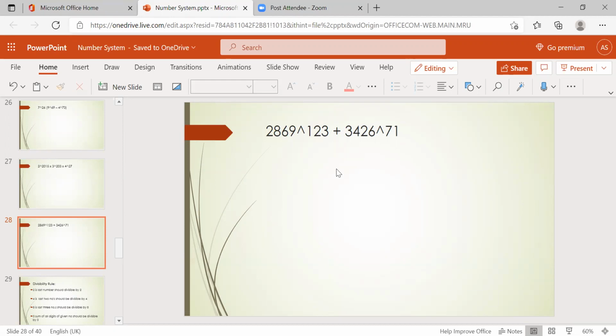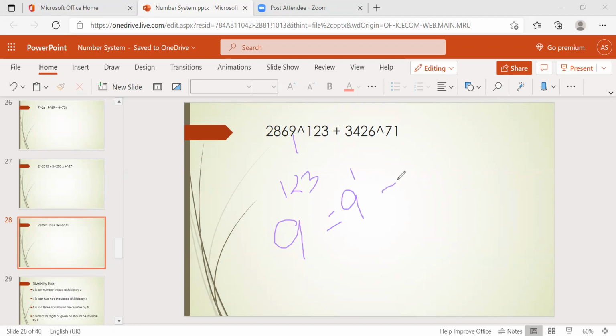Are you doing it or not? Right? Yes, super, nice. So like this, you have to do the calculation. For the remaining people, I'll show you here. See, what's given? 2869 power 123. The last number is nothing but 9. 9 power 123. So what is the power cycle of 9? It is 2, right? So with a power cycle of 2, we get either 1 or 0. If odd number is there, 1. If even number is there, that is 0. So 122 is an even number, exactly divisible by 2. But here 123 is there. That means nothing but power 1.